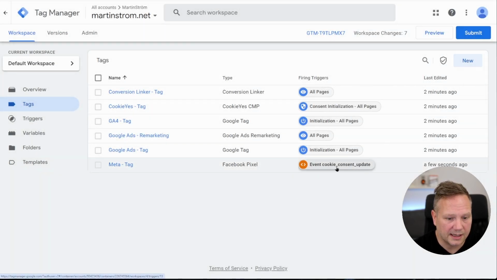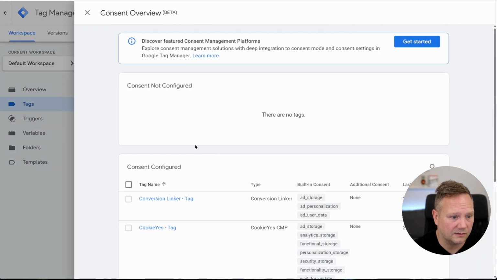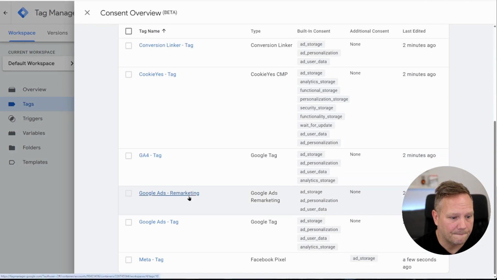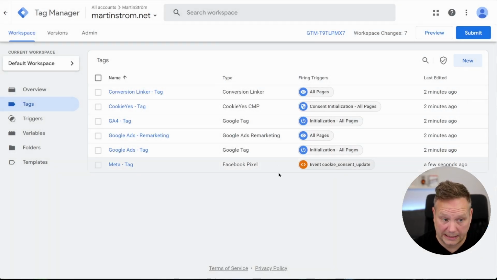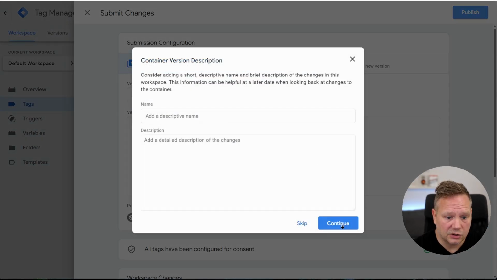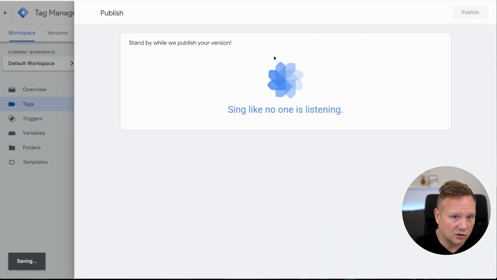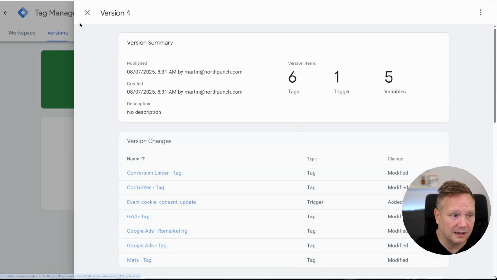So now we have a specific one for this one, and let's do this. Meta ads, that is already done there. Yep, all right. Now we don't have anything on this part here. There's no tags. So everything is configured correctly now. So let's do the submit and publish and continue, because I'm going to show you now what's happening, and you